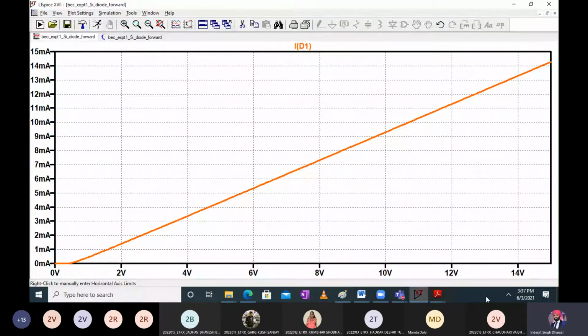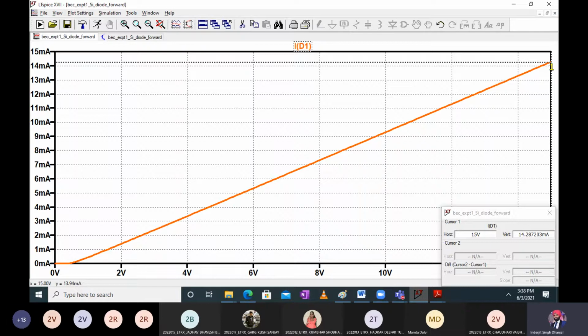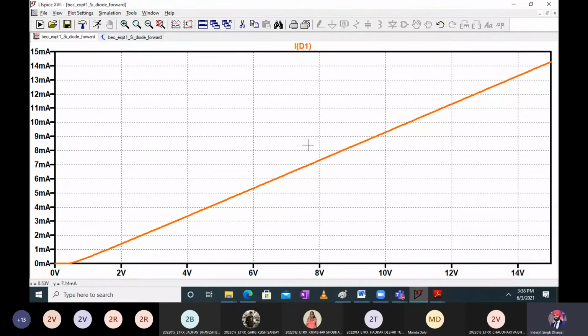Yes, sir. Okay, okay. Now, is this the diode characteristics, correct diode characteristics, or what do you think? Some variation is required. This is correct. The current level is controlled now. Okay, there is no problem with the current. The maximum current you can have, you can right click on it, cursor, and you can check. The maximum current this circuit is giving is around 14.28 milliamperes at 15 volts. Not a problem at all.